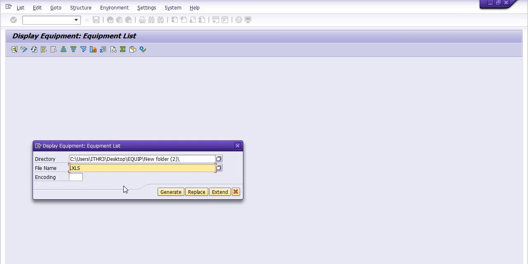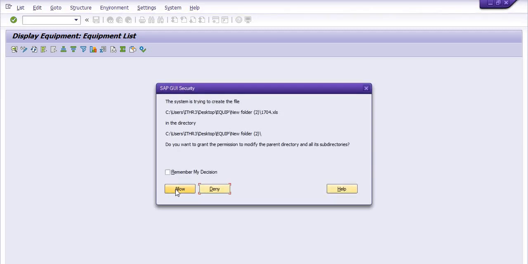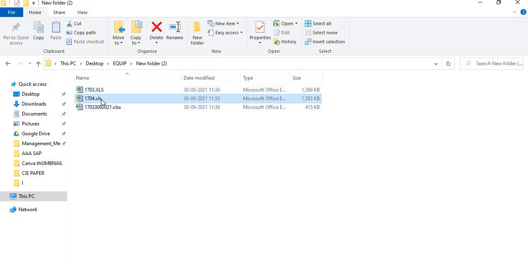Here you need to fill the file name, 1704.xlsx. Generate the data. The system will generate the data. Click on allow. So the system has generated the data here.